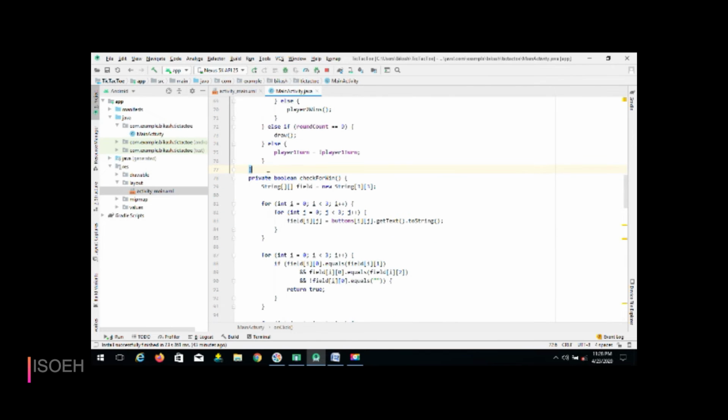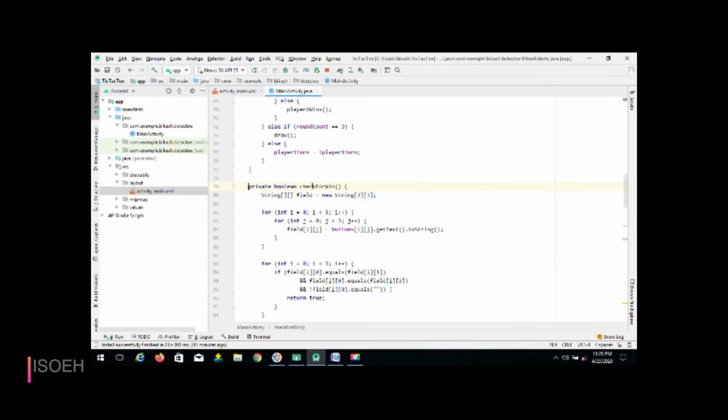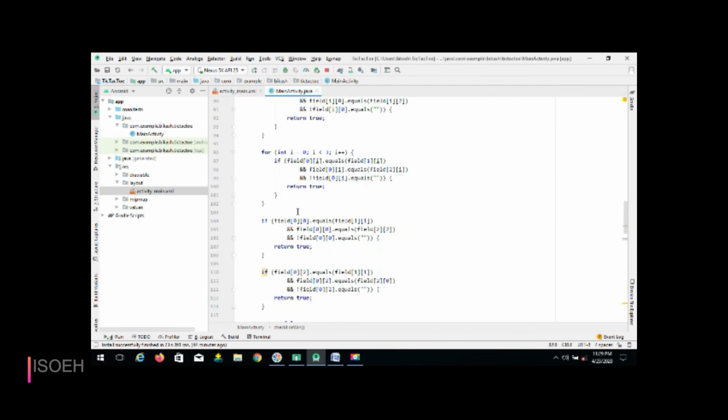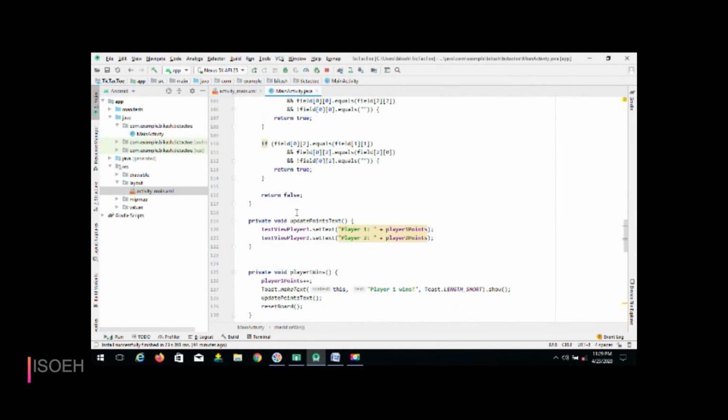After typing this, create a method called private boolean checkForWin. This function works to check which player has won. Here you have to select String[][] field, new String, then you have to select a for loop for selecting the buttons and field. After completing the three for loops here,